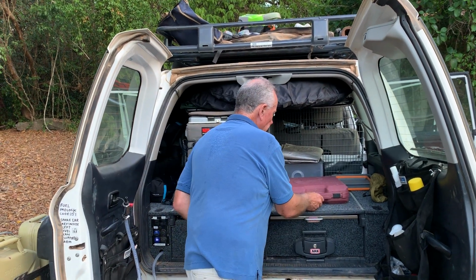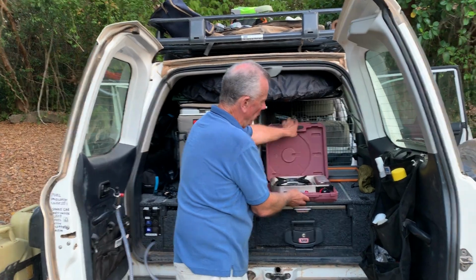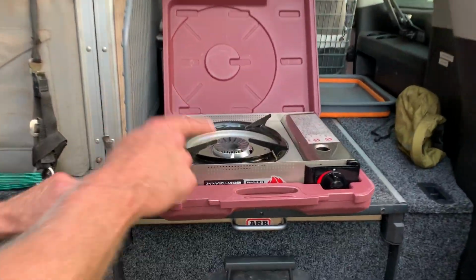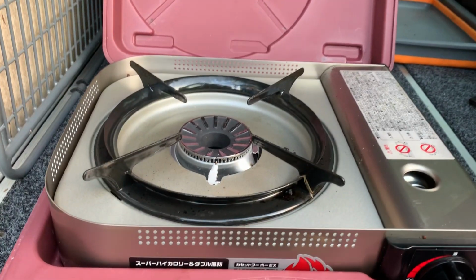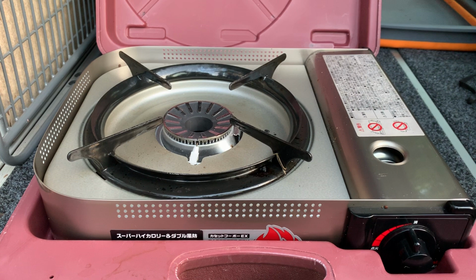Other stuff, the gas stove. I've got the Iwatani gas stove. I've given up on those other crappy $29 stoves, and I've gone for this. This is a ripper bit of gear, and I just came back from Japan recently, and I've seen these in just about every Japanese